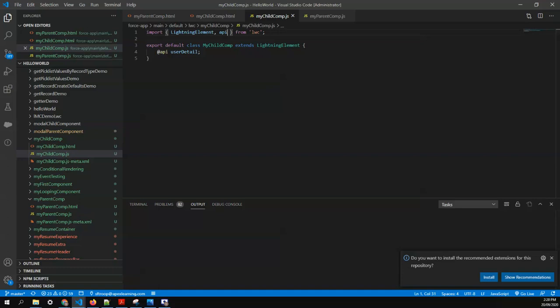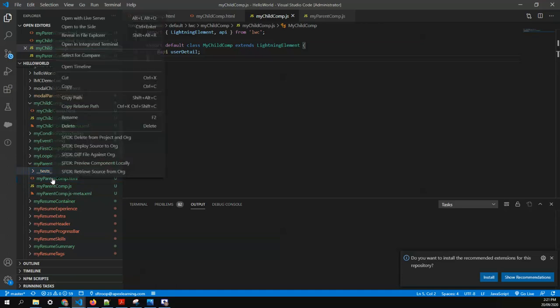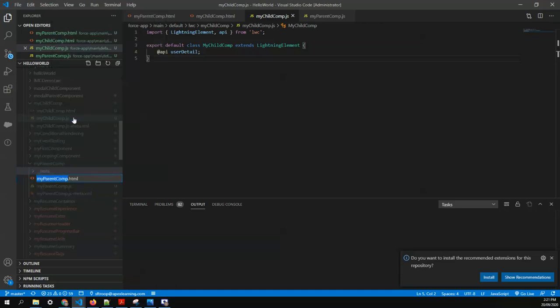If you already followed my previous video, you all know how to write the test cases. So first we'll create the folder __tests__. I'll select this, create a new folder __tests__, and under this folder you need to create a test file with the same name. So I'll create a file myParentComp, and the extension should be .test.js.